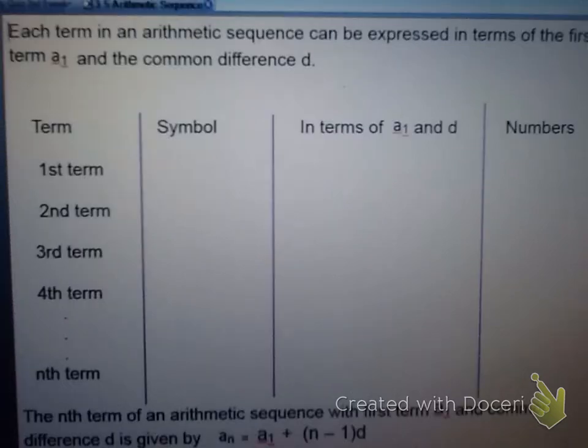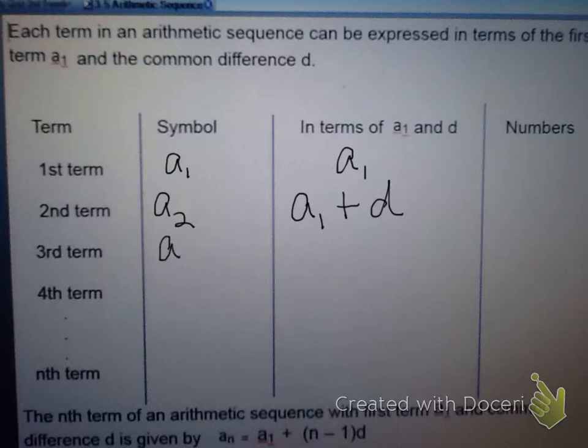Each term of an arithmetic sequence can be expressed in terms of the first term. The first term is a sub 1. So it's just going to be a sub 1. The second term is a sub 2. To get the second term, we add the common difference to a sub 1. To get the third term, which is a sub 3, we add a sub 1 plus the common difference plus